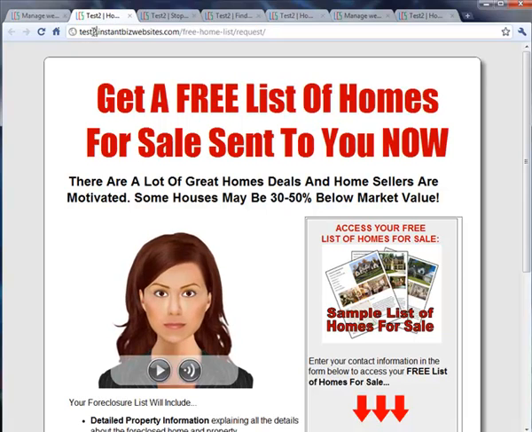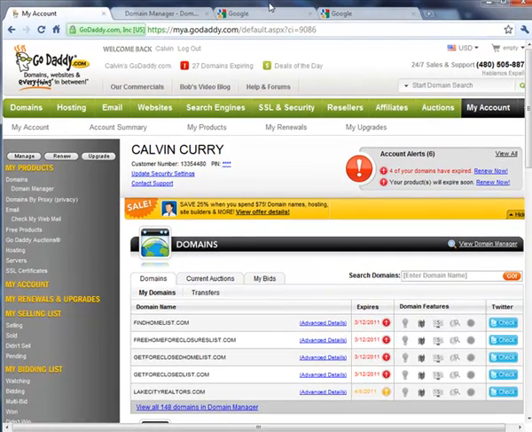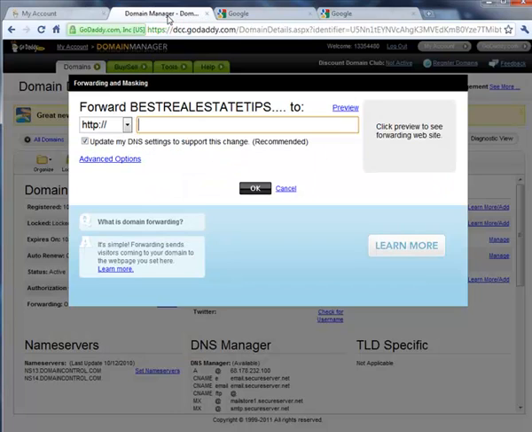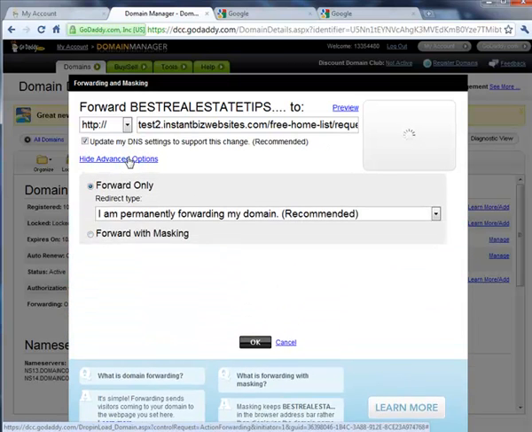And again, this is unique to you, so make sure that instead of test2, there's your name or your unique code there. Okay, so from here I'm just going to paste this in. That's my URL. It already has this HTTP thing here at the front, so I'm going to get rid of that. If you want to make sure you got the right website, you can click under preview. That normally takes a minute for them to take a screen capture and pull it back and show you what it looks like. And then you also have these advanced options, which I recommend you use because they're really